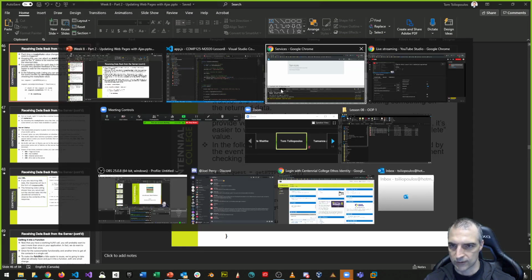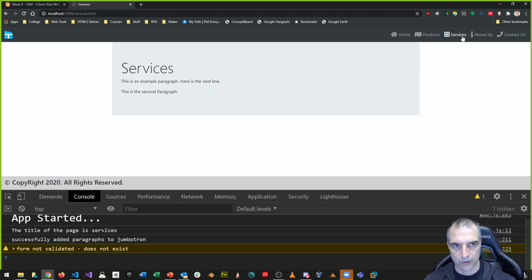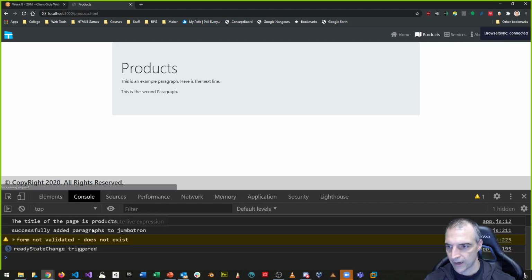So we're going back to the server, and I'm going to go to products, and it says, hey, look, ready state change triggered 3 times. Why 3 times? One, it's going to come back and say one type of state change. Second one is going to come back another type of state change. Third one has come back a third type of state change. So we got 3 responses back, and now we're ready. Once it's come back to the third state change, hopefully,